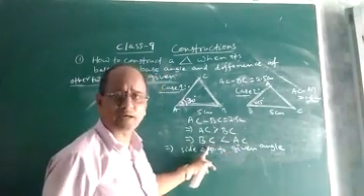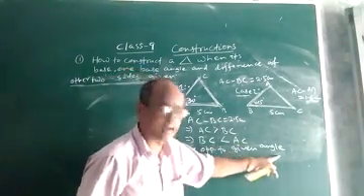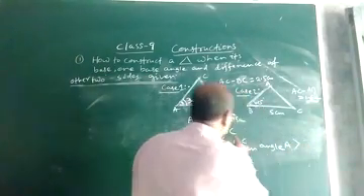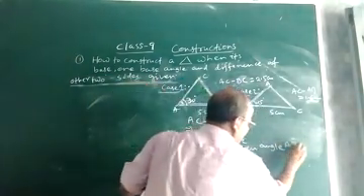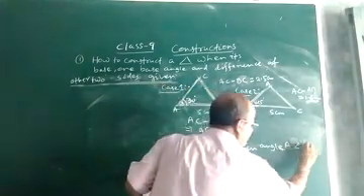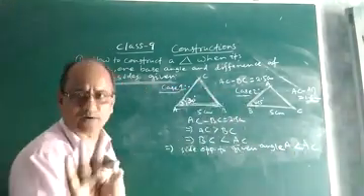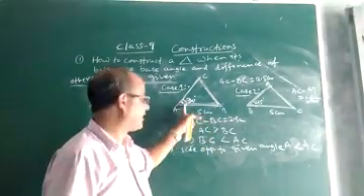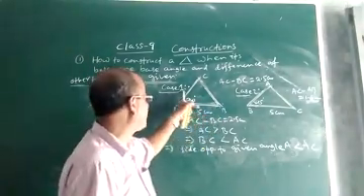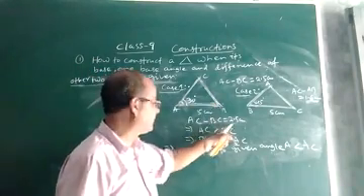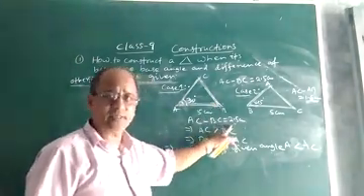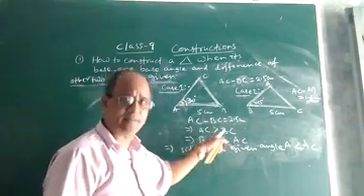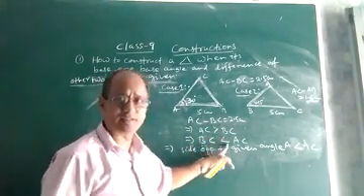That means BC, the side opposite to given angle A, is less than which side? AC. See, children, what I mean to say, we are given AB equal to 5 cm, angle A is 30 degrees, and the difference of AC and BC is 2.5 cm. So if AC minus BC is 2.5 cm, then no doubt AC will be greater than BC. If AC is greater than BC, no doubt BC is less than AC.